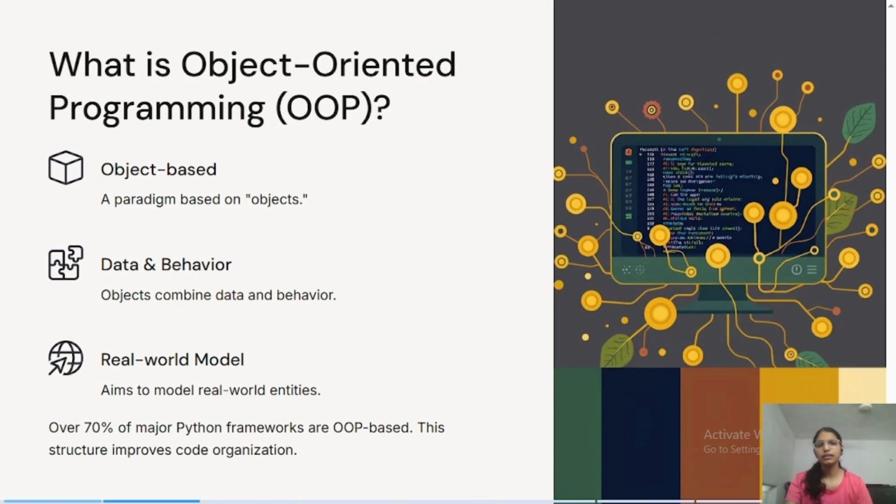Actually, it runs on four fancy pillars, or maybe one more extra. OOPS has encapsulation, abstraction, inheritance, polymorphism, and classes and objects, which is the main and basic part of object-oriented programming. Let's see what